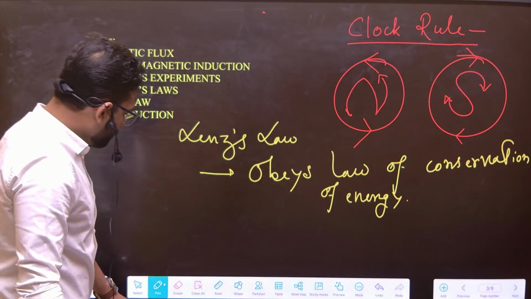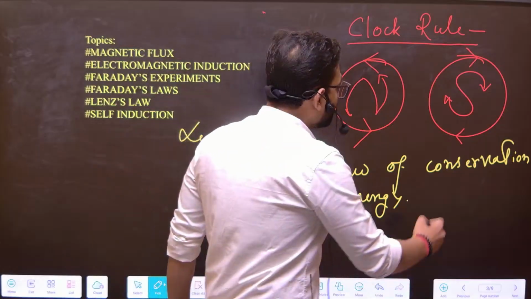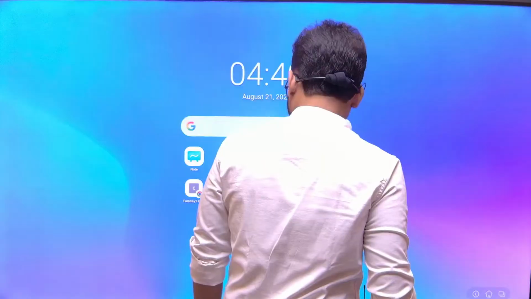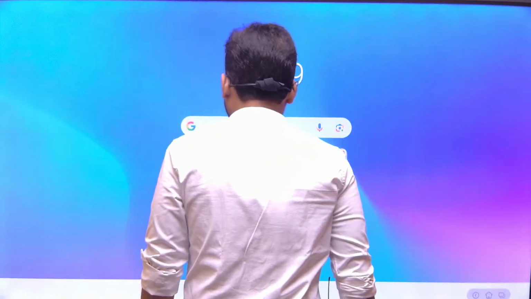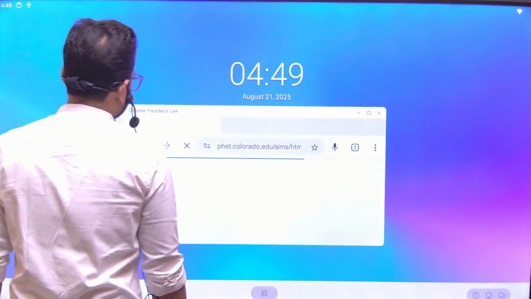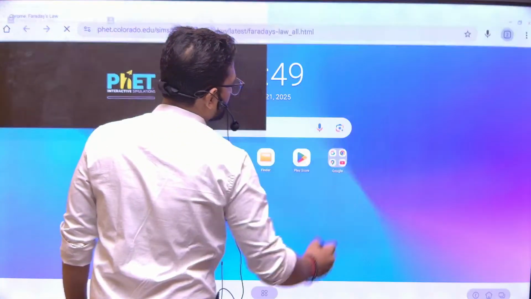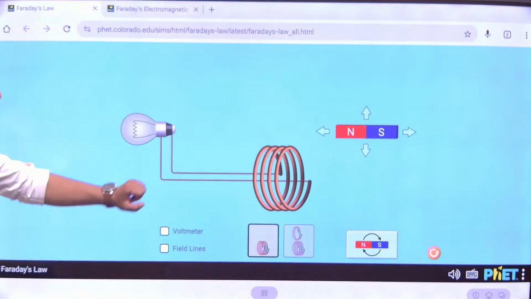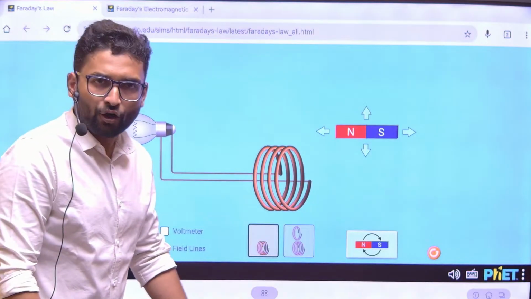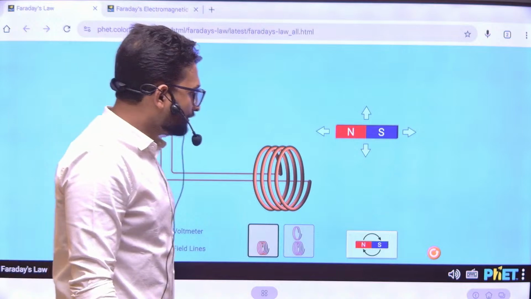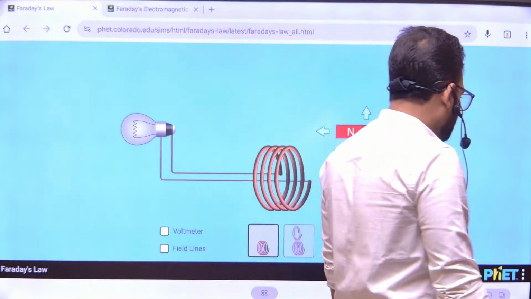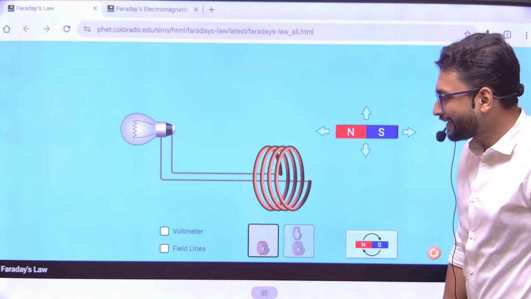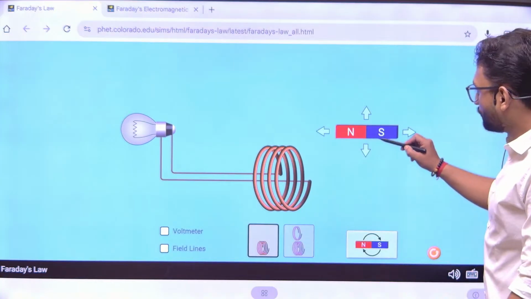Next, moving on, we will try to figure out what we have learned by looking at a simulation. So see, this is the setup for Faraday's law. What was Faraday's law? Whenever you change the magnetic flux associated with a coil, then electric current is induced. So you take this magnet,